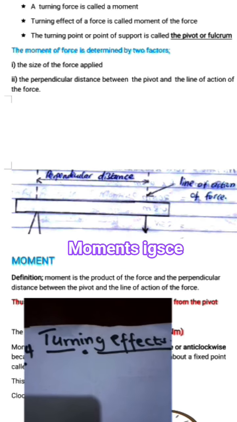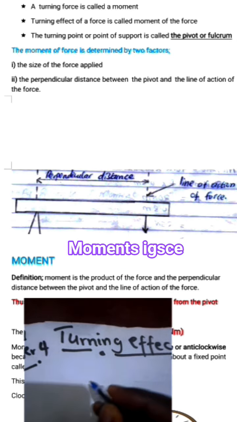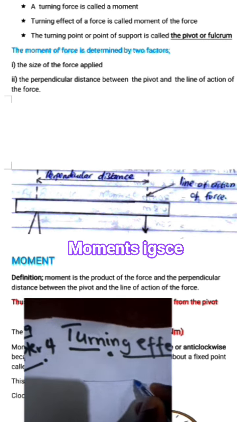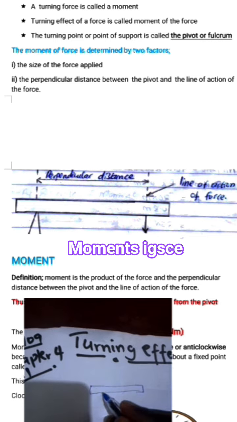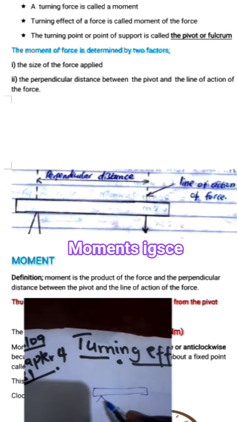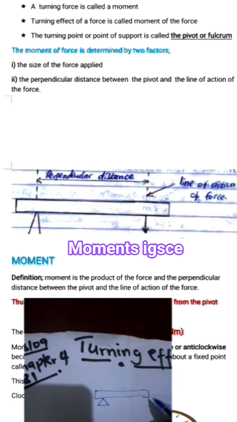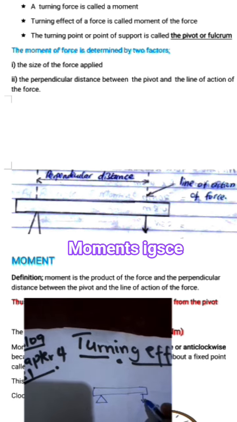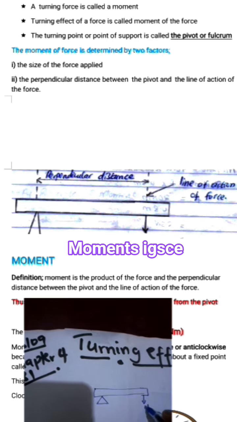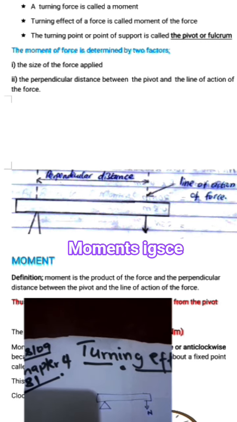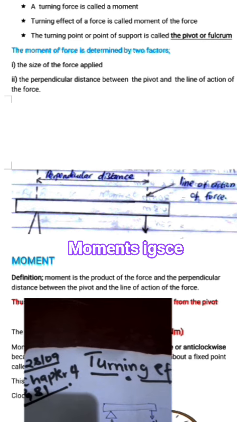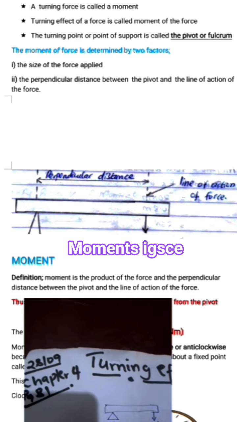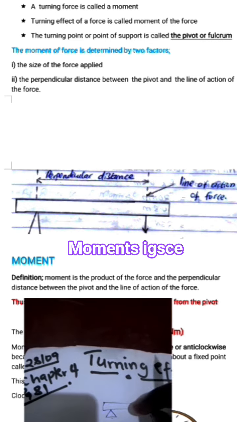Let's look at this diagram here. It is drawn in this form. It has a certain, let me call it a pivot here, and a certain amount of force is applied here. So this is what we call the pivot. The pivot is the turning point, because if you apply a certain amount of force here, this meter rule is